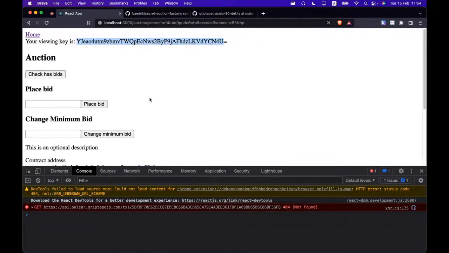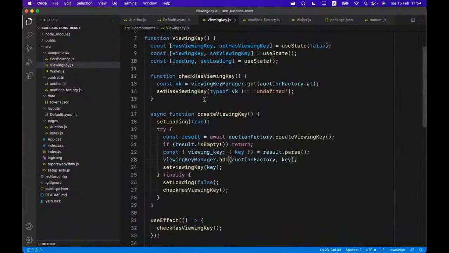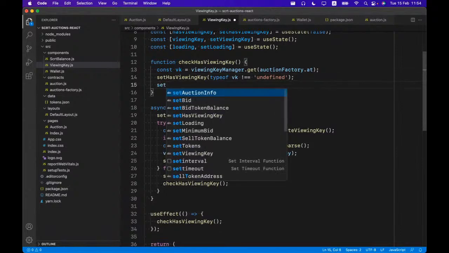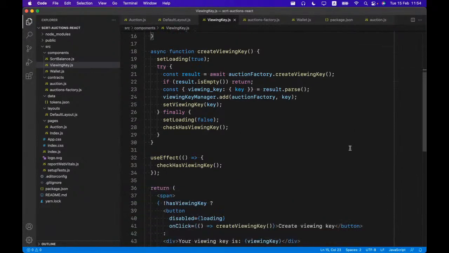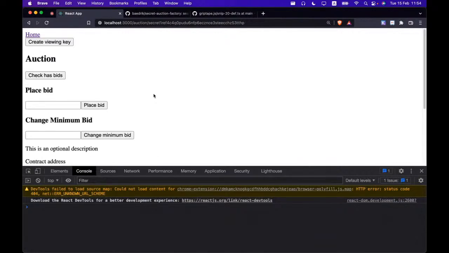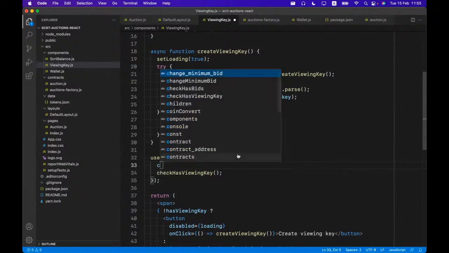So I have a viewing key, and then I think what I need to do here with the viewing key is in case that we have a viewing key. Okay, so when I refresh, I should be able to put the viewing key only if